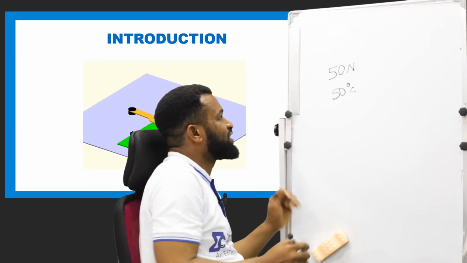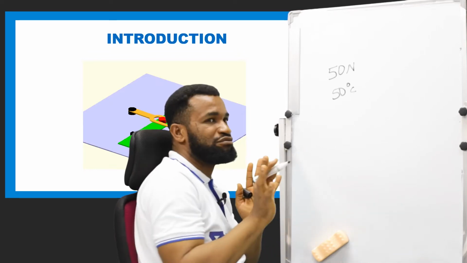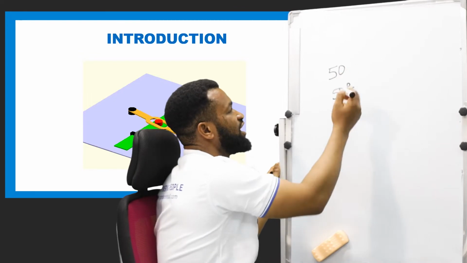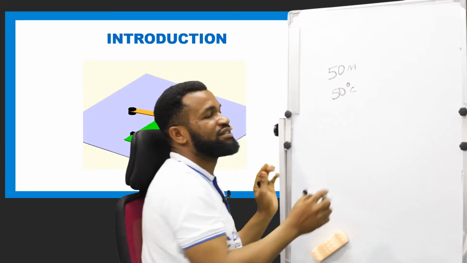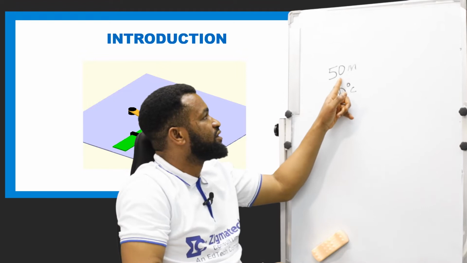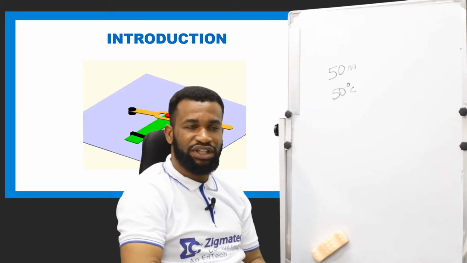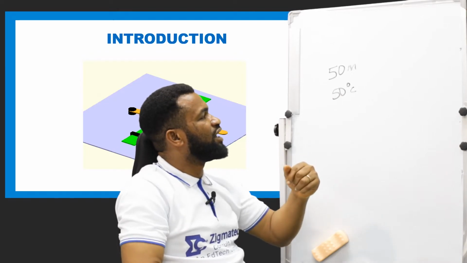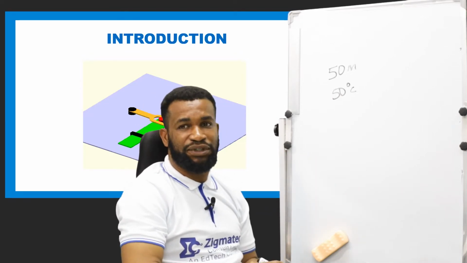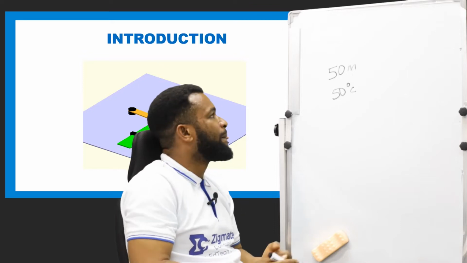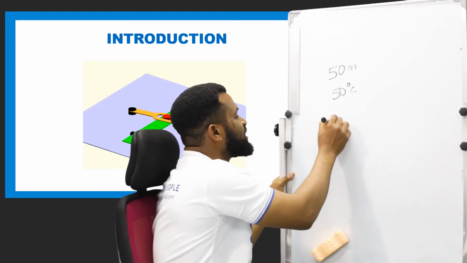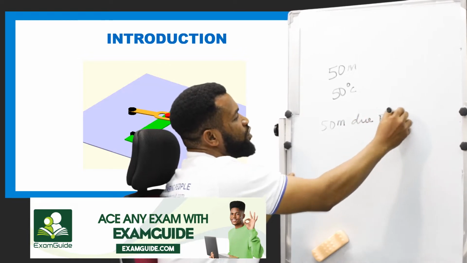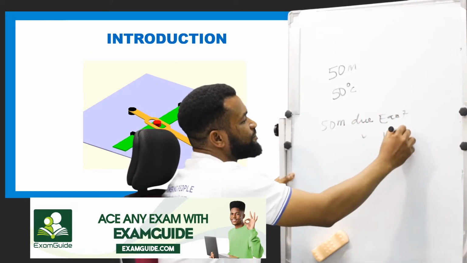At that point, I am removing this Newton, let's say 50 meters. If you say 50 meters, you are talking about distance, not a vector. If you also say 50 degrees Celsius, you are talking about temperature. It's not a vector. But if you say 50 meters due, let's say, east, or you say due west,